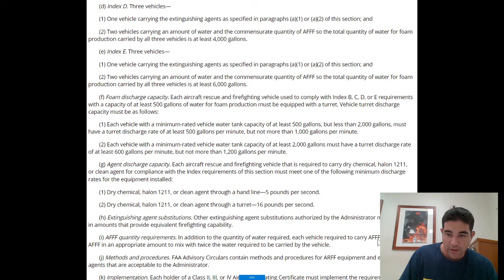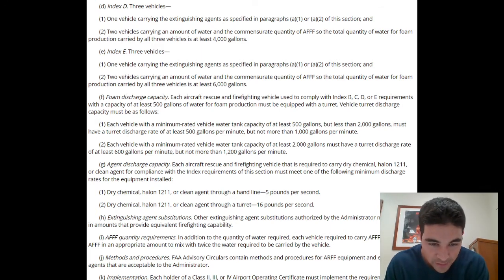Basically, our trucks carry like 200 gallons of foam, but with 3% foam and most of our trucks being 1,500 gallons, you basically need 45 gallons of foam